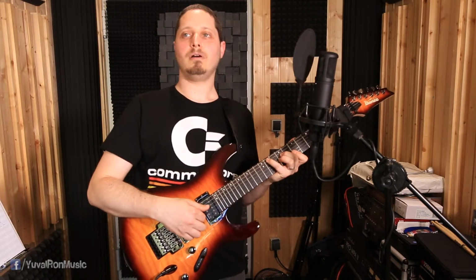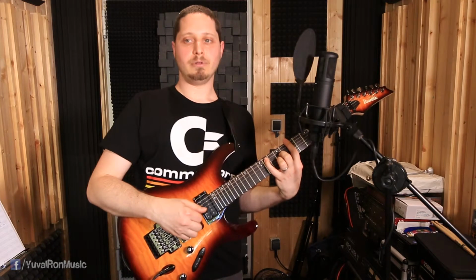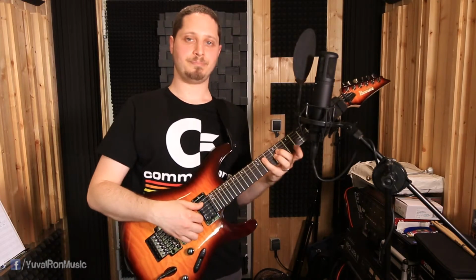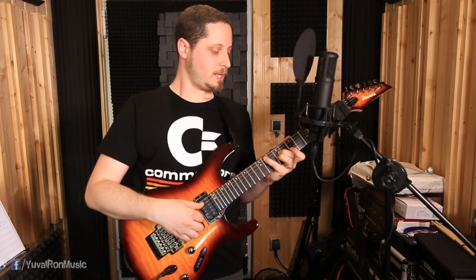One is what is the root, and I will talk about this in a minute, and the other is over which bass is it, because if we know the root we can calculate what is the bass actually. So